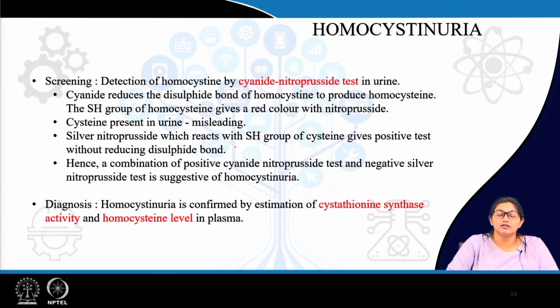Then we are going to discuss the screening and diagnosis of homocystinuria. Screening is done by the cyanide nitroprusside test. So, what is the function of cyanide here? When treated with cyanide, it basically reduces the disulfide bond present in homocystine